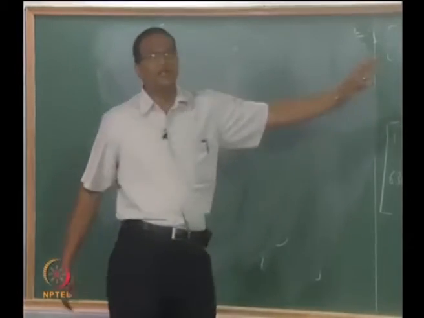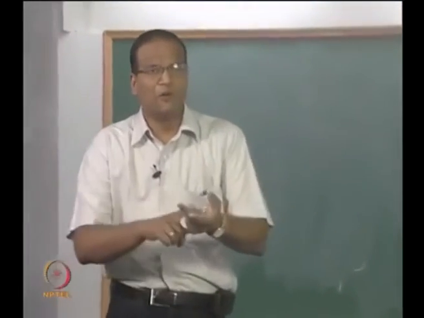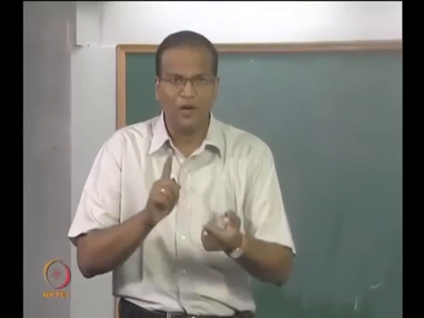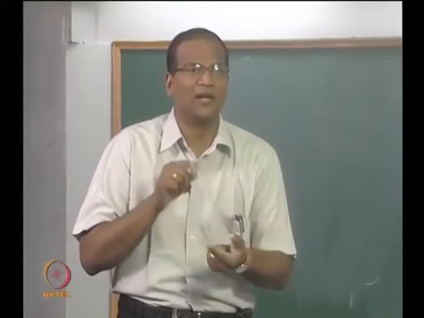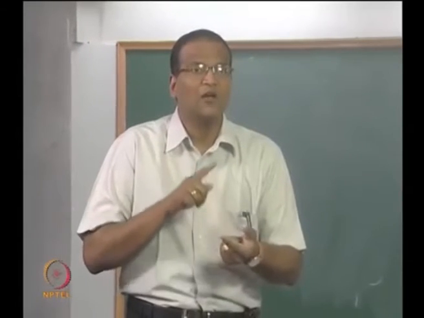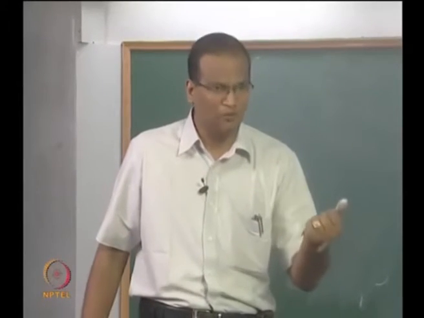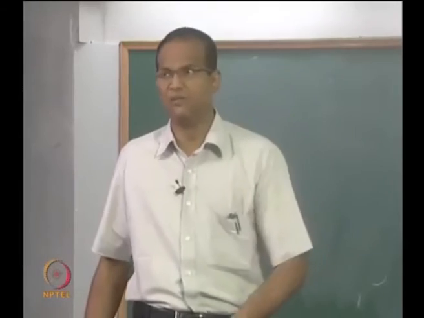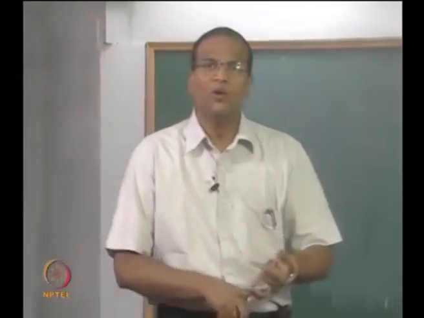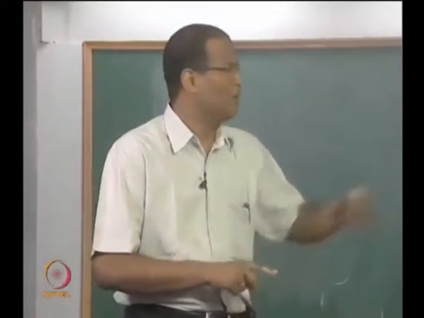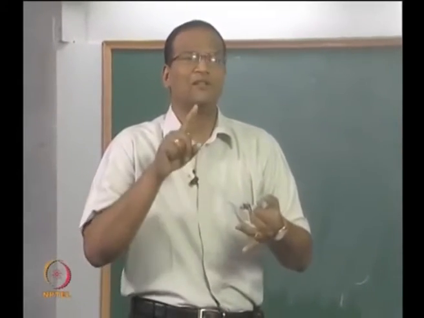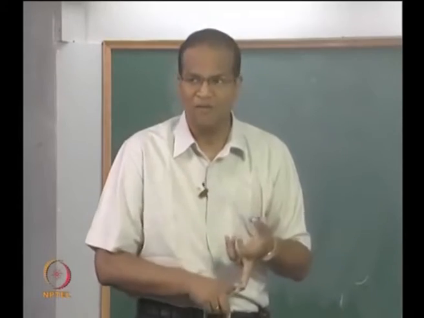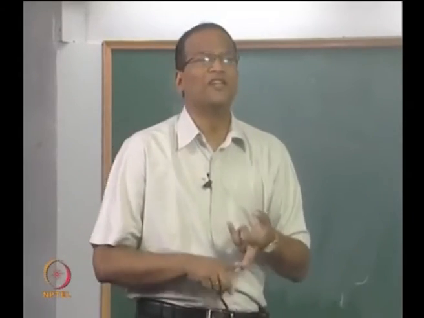So what are the difficulties with the Gauss-Newton algorithm? Sometimes it is not possible to calculate dou f by dou a and dou f by dou b. It is very difficult to calculate because analytically it will be a very complicated expression. In those cases you will numerically evaluate dou f by dou a and dou f by dou b. You can do numerical differentiation, point 1. Point 2, if the initial case is not chosen properly or if the system is not properly conditioned, the GNA may diverge, may not converge or may converge very slowly. So additional modifications are done.